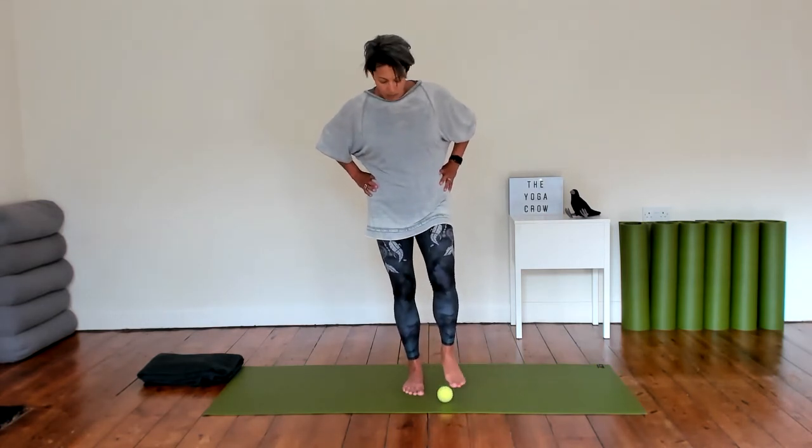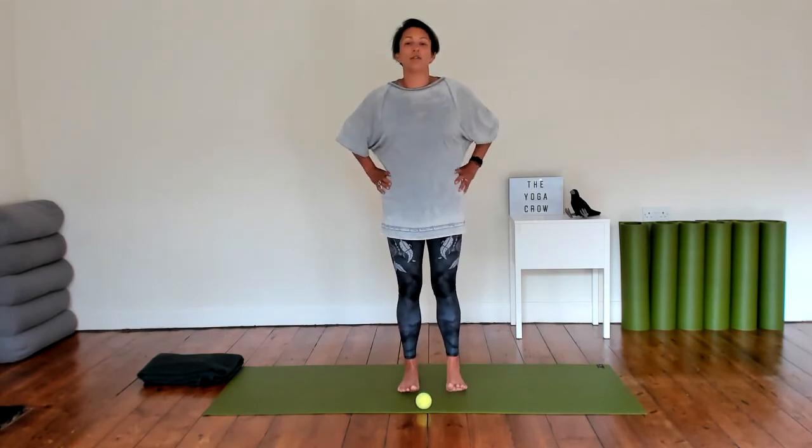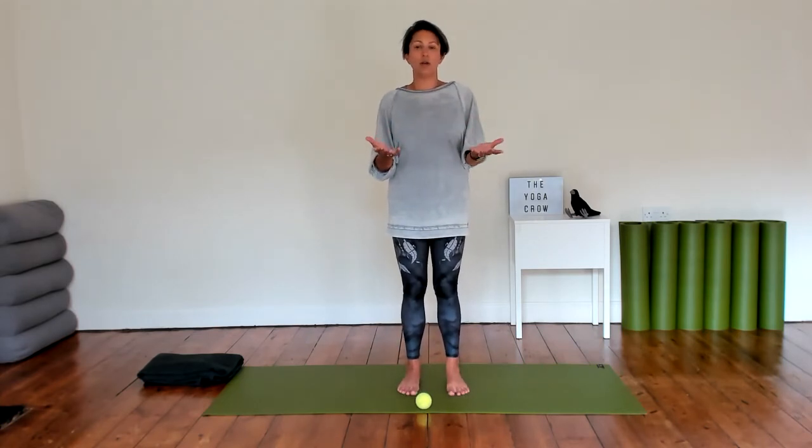And then take a moment, maybe just roll it out the way and spread the right foot, the right toes down, just maybe noticing a little bit of difference. You might find there's a very minor difference. You might find it's quite extreme. So the right foot, we've just very gently